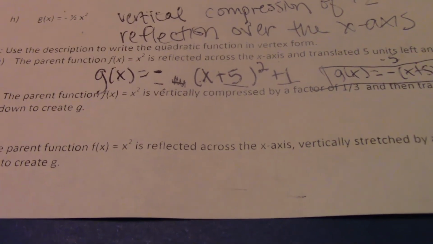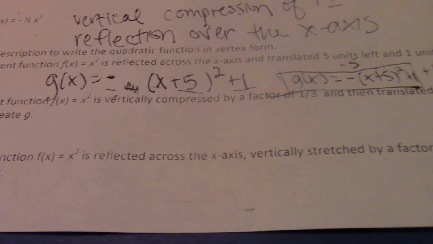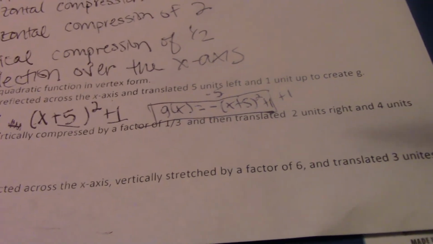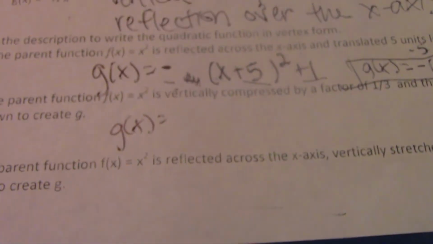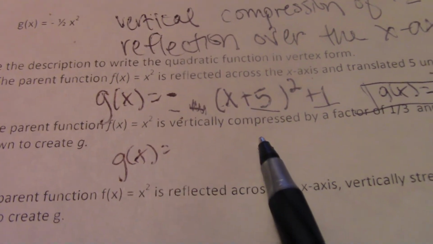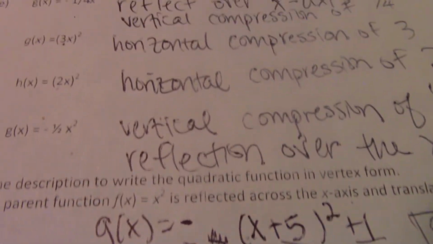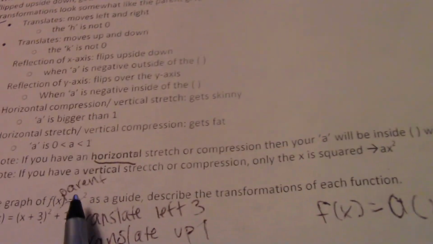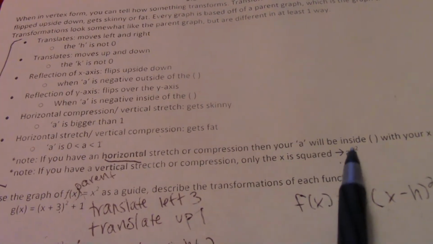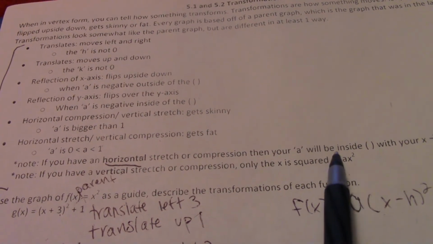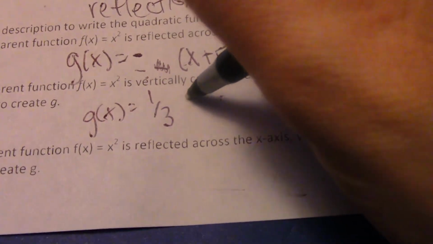The parent function f of x equals x squared is vertically compressed by a factor of 1/3 and then translated 2 units right and 4 units down to create g. So g of x, so let's do it in order, vertically compressed. Okay, if we are doing vertical, it is outside of, not in parentheses. So vertically compressed of 1/3, so I'm going to write 1/3, and on the inside I'm going to write x,